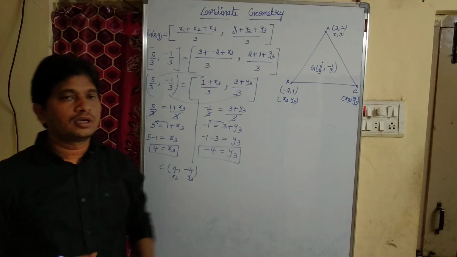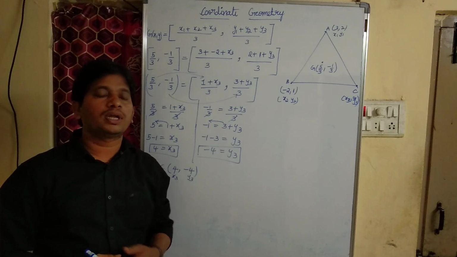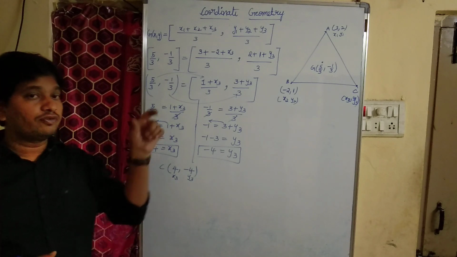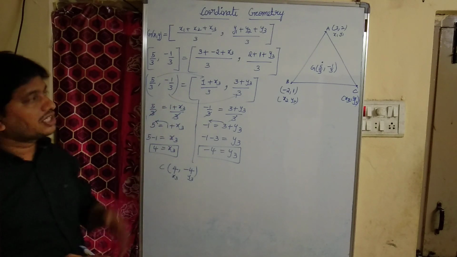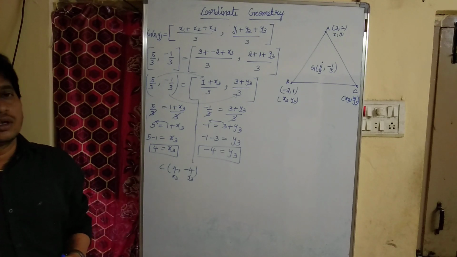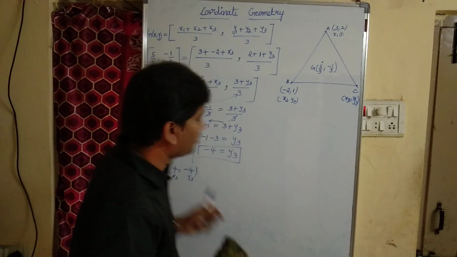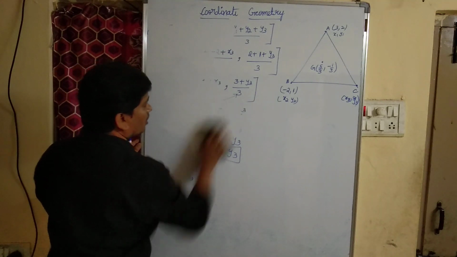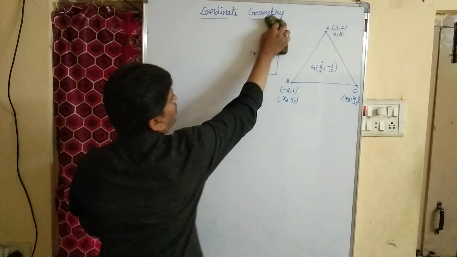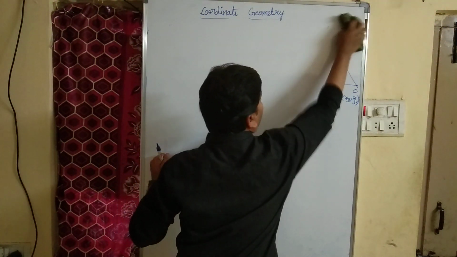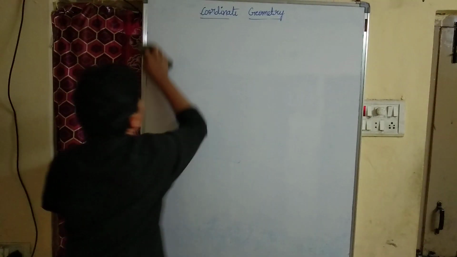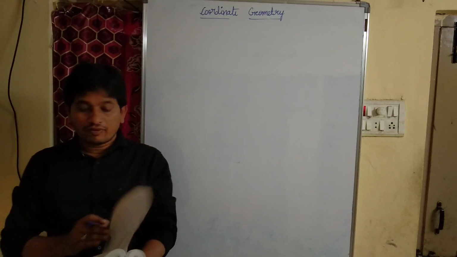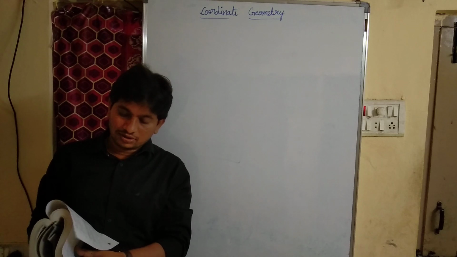See how they are asking the question. In the previous question they gave the distance between 2 points: the distance is 2 root 2 units, find the value of x. There we used the distance between 2 points formula. Whereas in this question the vertices of a triangle are given and also the centroid is given, and they are asking to find the vertices of a triangle. So here we use the formula of the centroid. What is the formula for the centroid? x1 plus x2 plus x3 by 3 comma y1 plus y2 plus y3 by 3, right?